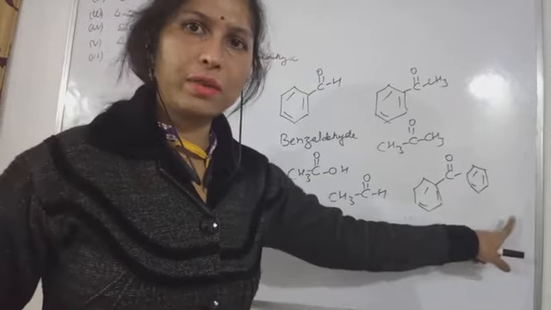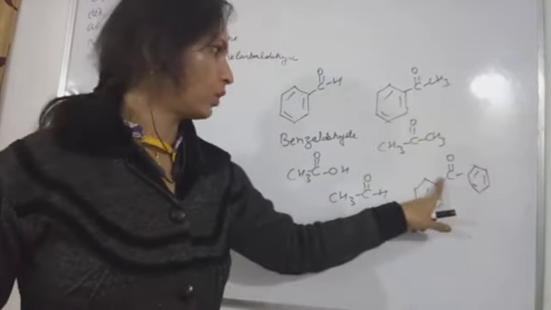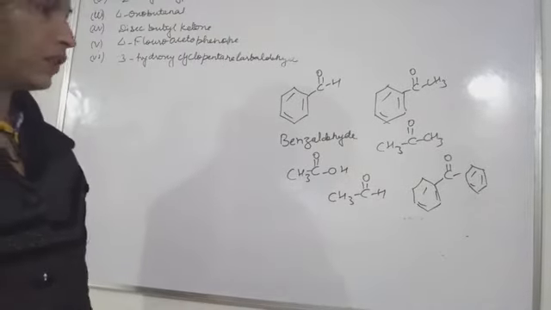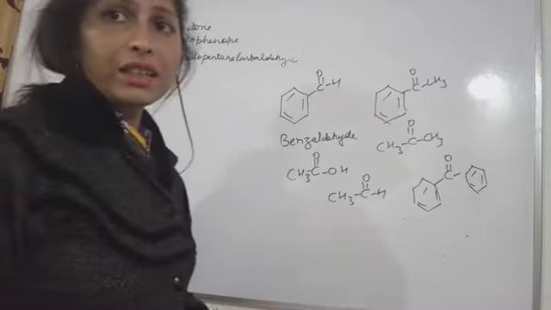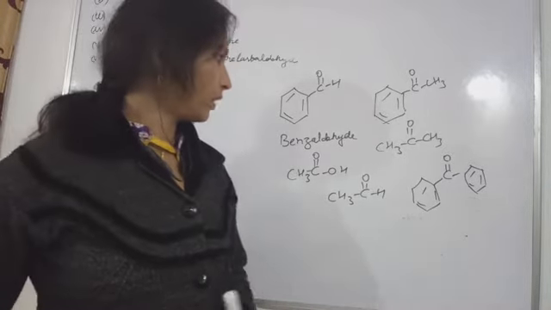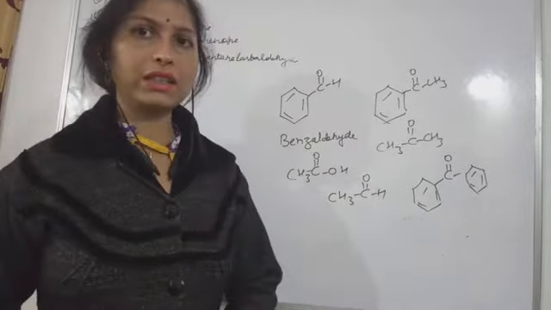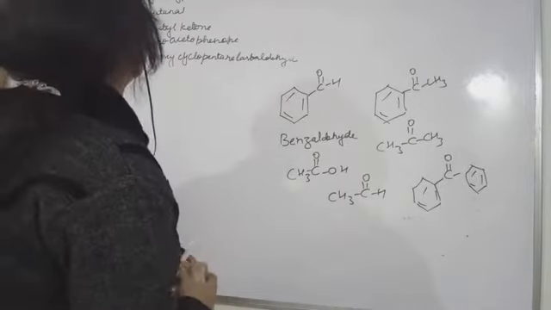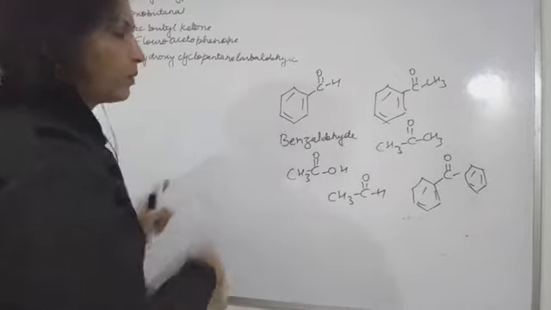On both sides, this benzene ring, and then the ketonic part, C double bond O. So like this. So these were the different common names, very much common, very popular. That is why we are writing the names like this. Now the structures are given here from the NCERT textbook.